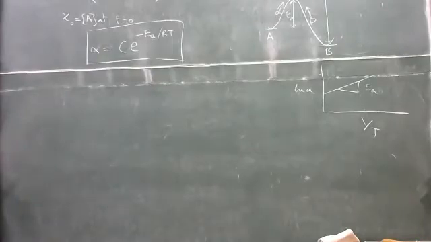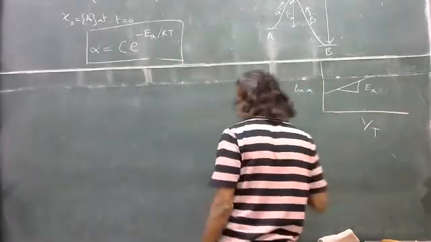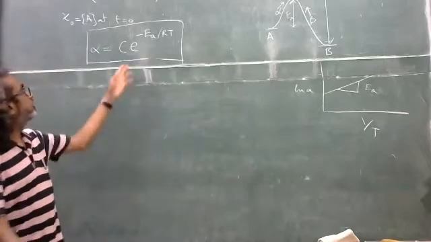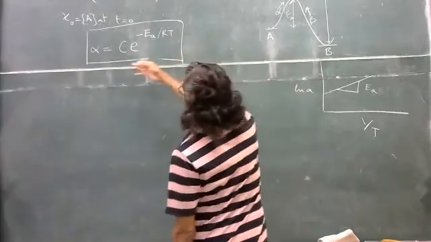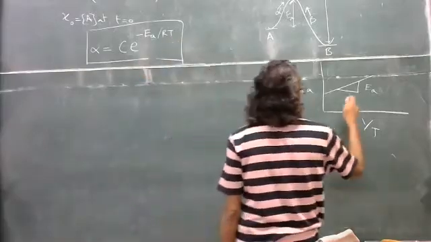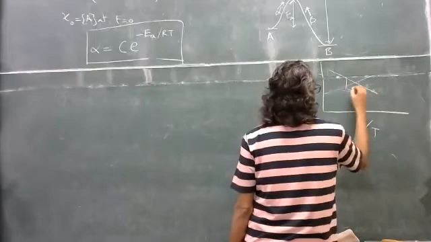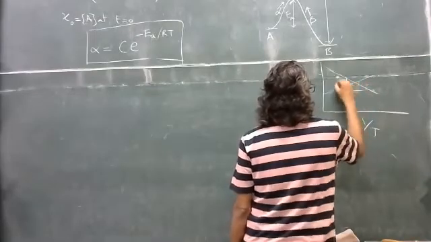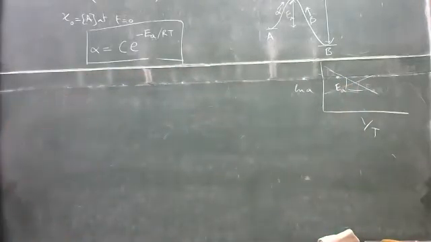Sir, if the plot has a negative slope, and here it is drawn as a positive slope. Yeah, so you can find out exactly. I'm just plotting to show it's linear, but the slope will depend on this. Exactly, the slope is negative, so ln A is equal to minus EA by RT, right? So the slope is actually minus EA by R, a negative value. Okay, so that's only the sign, but mathematically both are equivalent.